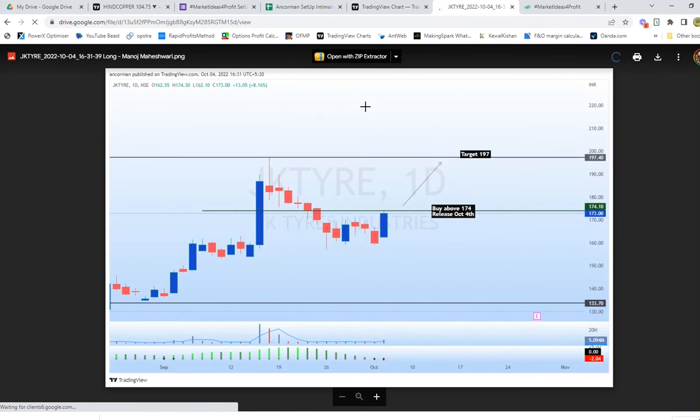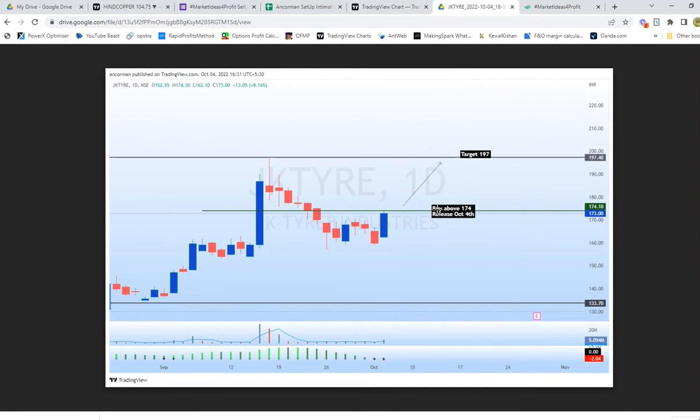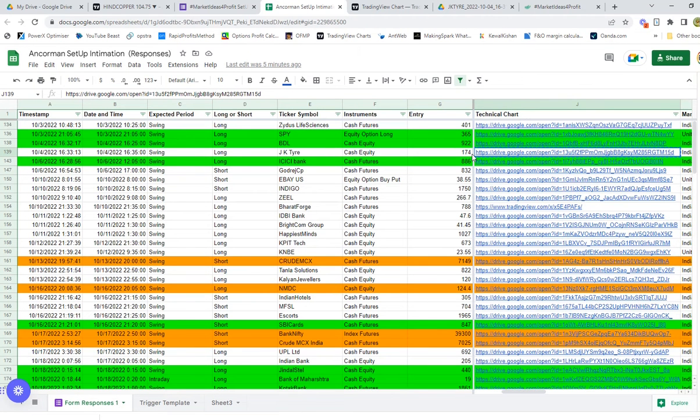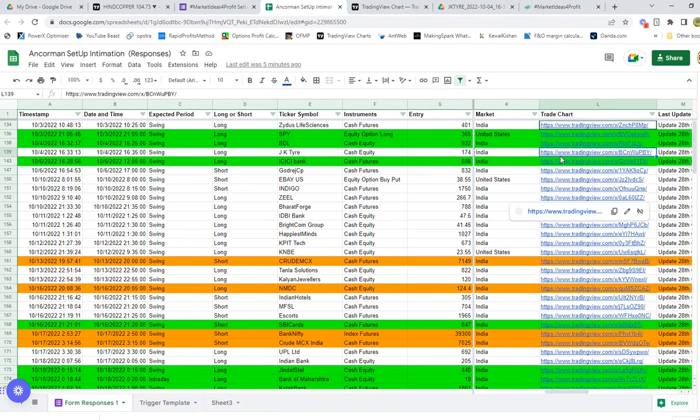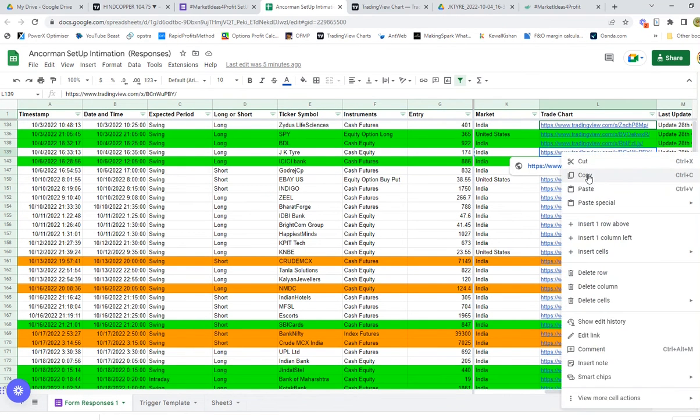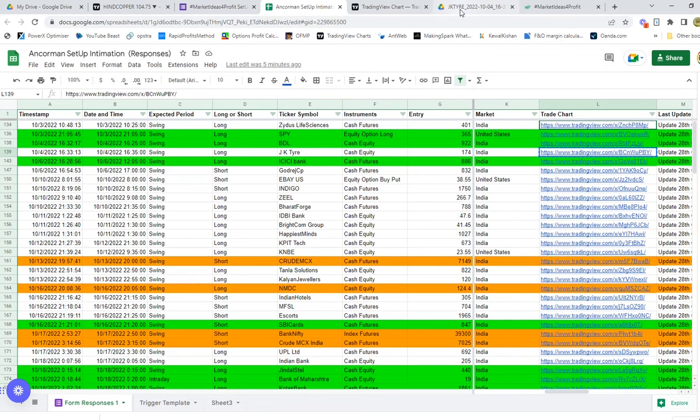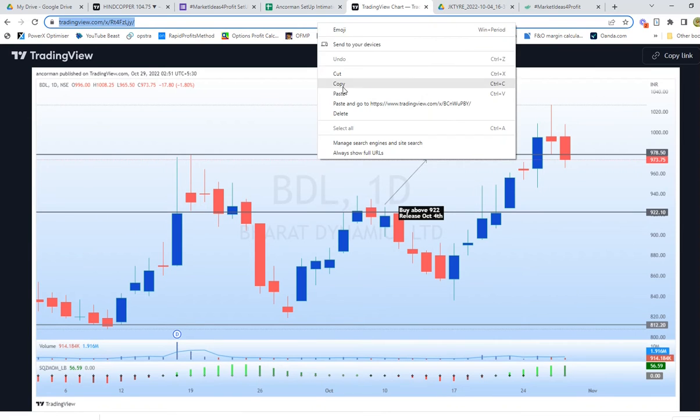This is the trade setup when the trade was curated. If you see here, this is a daily chart. 174 is the expected entry, and 197 is the expected target. If we go back, what is the progress on this chart today? Updated on the 28th. Copy, and I'll put in the progress here. Paste,